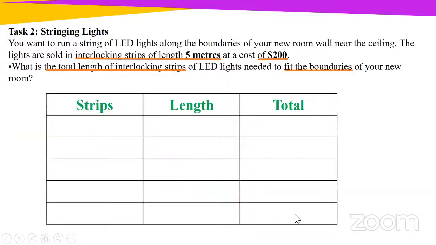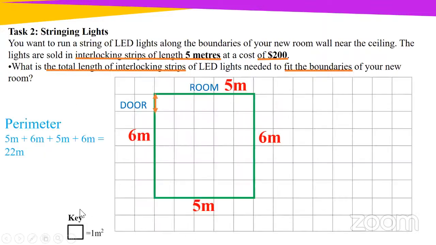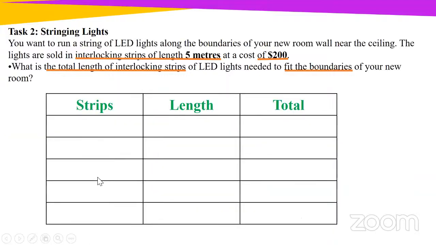Now that we know the perimeter, we actually need, how many lengths is it that we would need then? Based on the fact that we know how much we're going to put around the room. What did we just find, boys and girls? The perimeter. And the perimeter will tell us the total length. Good. All right, boys and girls. Now let's move into it. We need to find out then